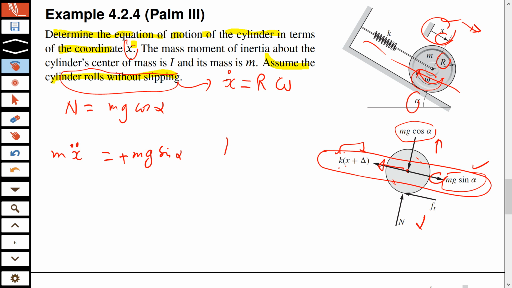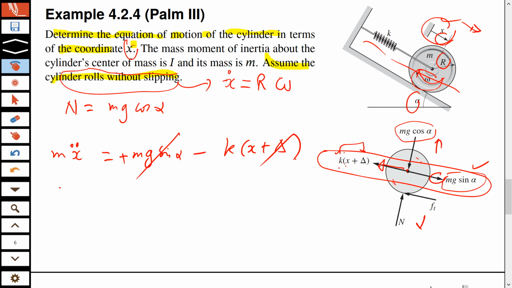And the restoring force of the spring has the contribution of x and also of the static deflection. So we add both, and because both are opposing x, it will be with a minus sign. But the good news is that mg sine of alpha and k times delta can be cancelled out, and you are left with